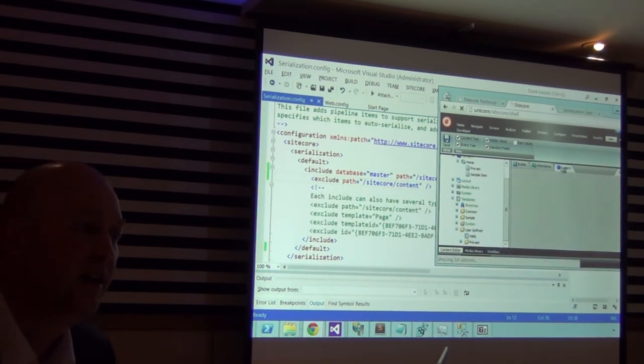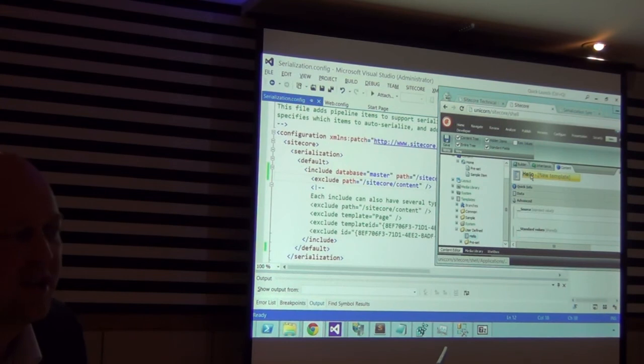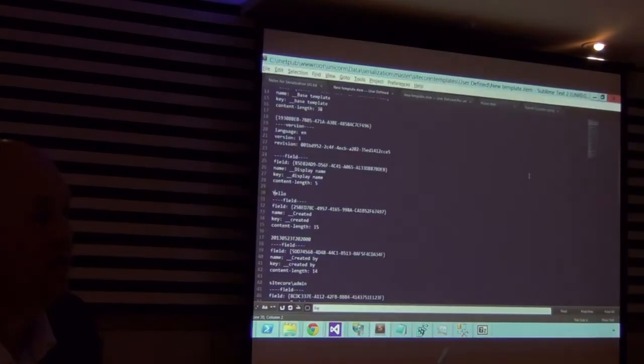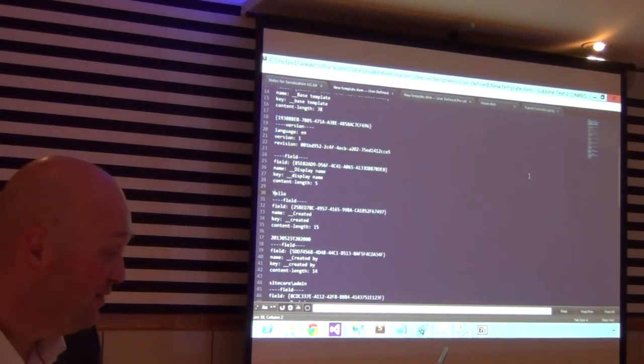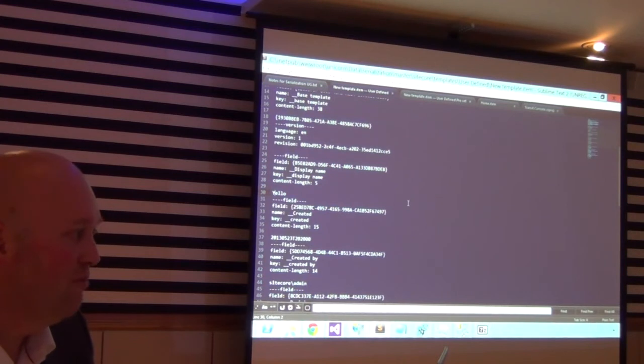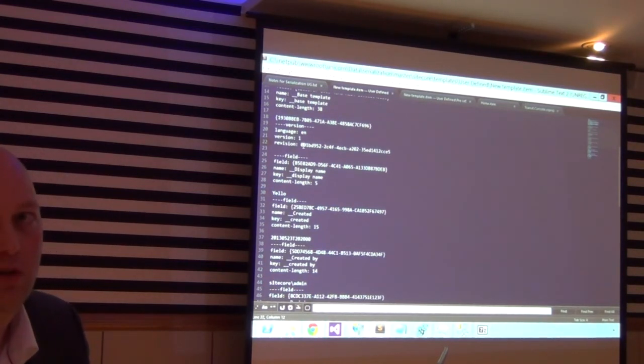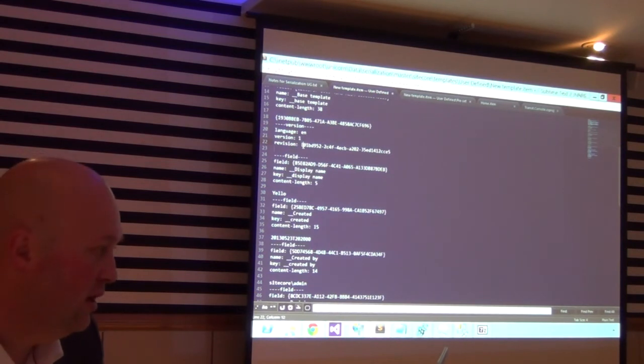As you can see, I've had a complete demo fail because it's still hello, it's not yellow. What's wrong? But I actually did this on purpose. You may not believe it, but it was on purpose. When it does the deserialization, it actually looks at timestamps and revisions. Oops, that was a bit optimistic. So I'm just going to tamper a bit with